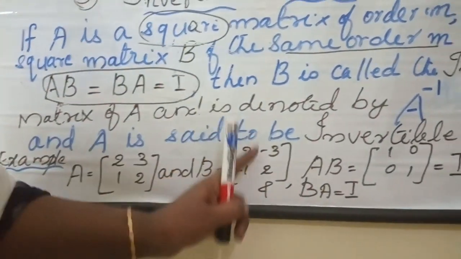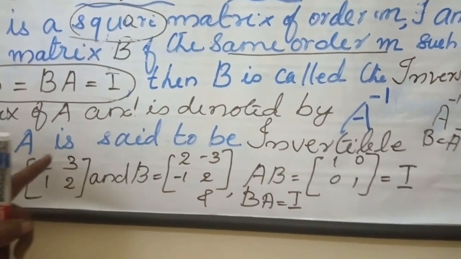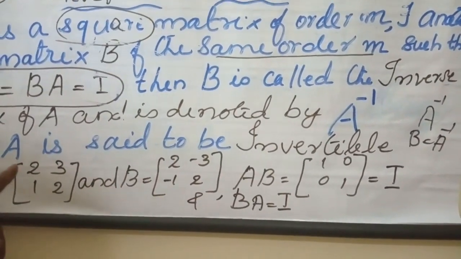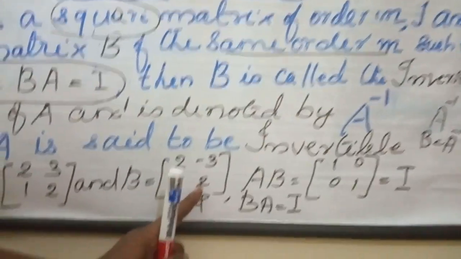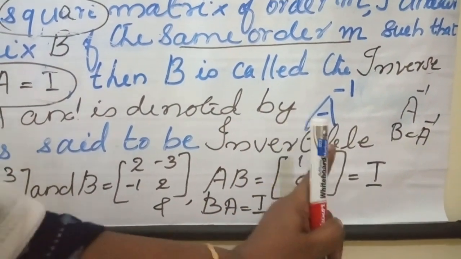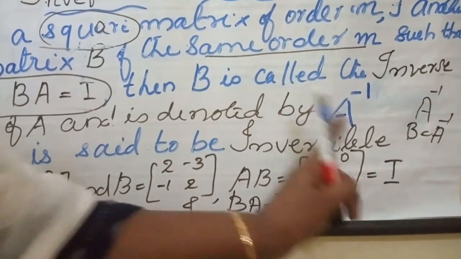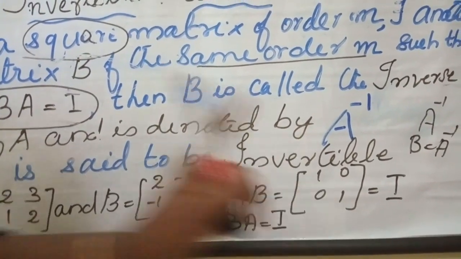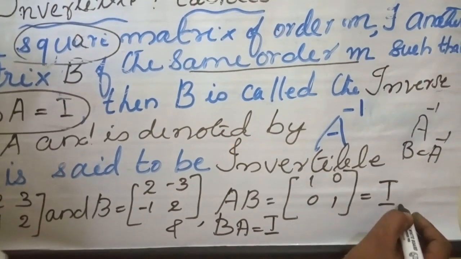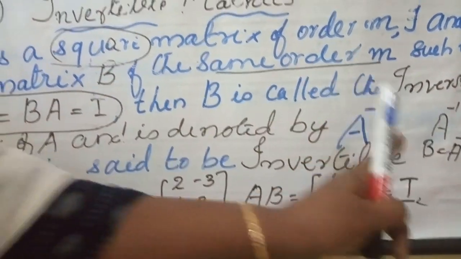Then you know the matrix multiplication. You take the product AB. How to do the product? First row with first column, product sum. First row with second column, product sum. That already you learned. You get the first row result as 1, 0. Similarly, the second row result as 0, 1. What is it actually? The identity matrix of the same order 2, or we can say I or I2. So you get AB equal to I.